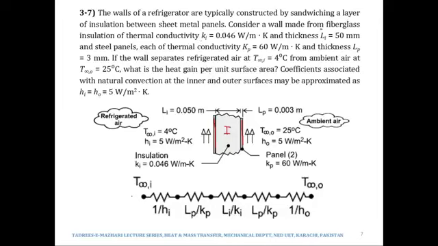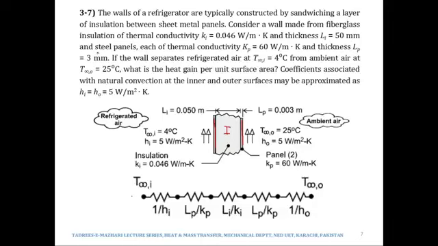Consider a wall. See what is happening over here. This is the case of a composite wall, isn't it? This is the case of a composite wall where the wall is composed of insulation and sheet metal panels. Now consider a wall made from fiberglass insulation of thermal conductivity 0.046 watts per meter Kelvin and a thickness of 50 millimeters,